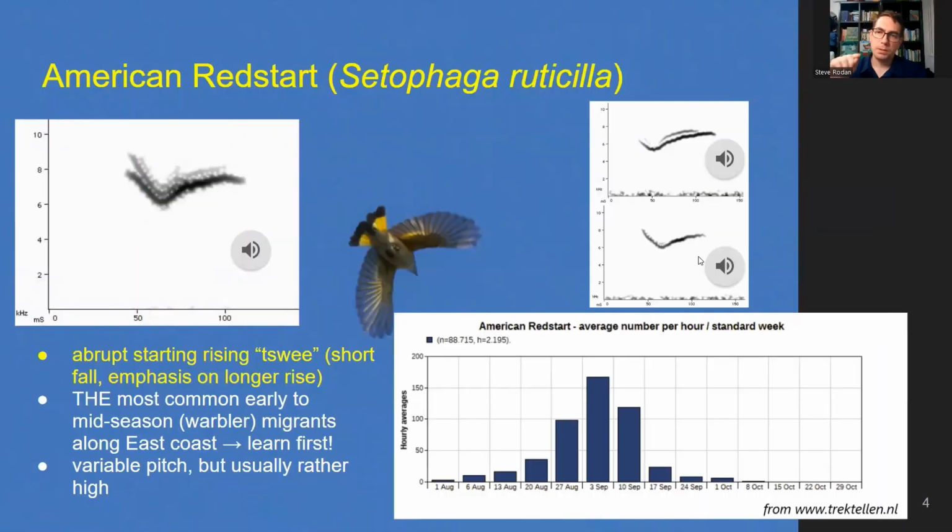So it has a very sweet, almost whistleable call, emphasized on the rising part. And yeah, so this is definitely the most common bird you'll hear, in the second half of August and first half of September. The pitch varies a little bit, but usually it's quite high, like this, between